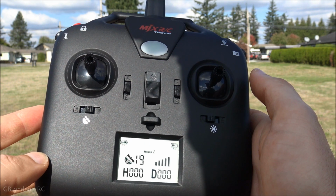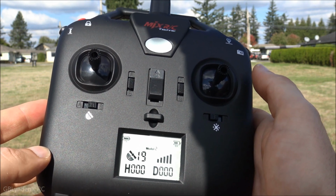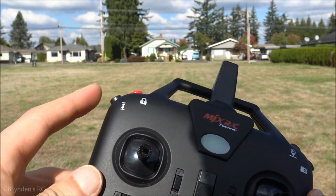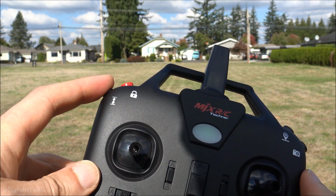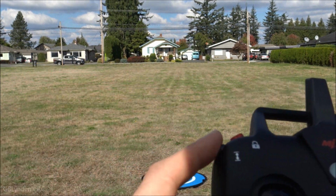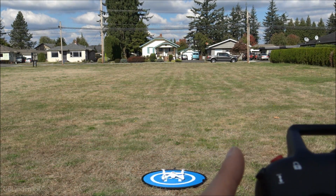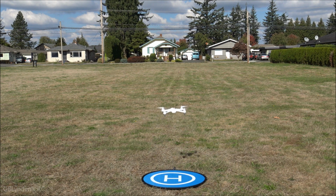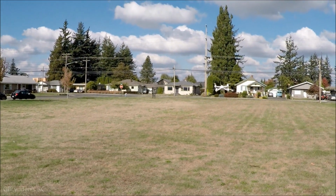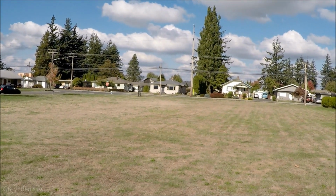All right, guys, we're gonna do the automatic takeoff test and get the props going here. And the props have to be going for this to work. So you can see they're going right there. So we're gonna push this button. Boom, there it goes. Holding nice and steady. All right, so let's